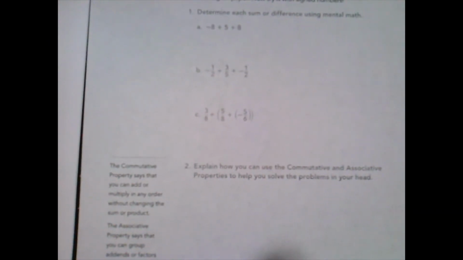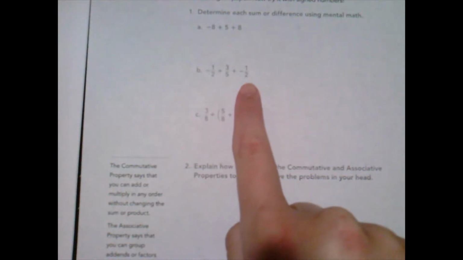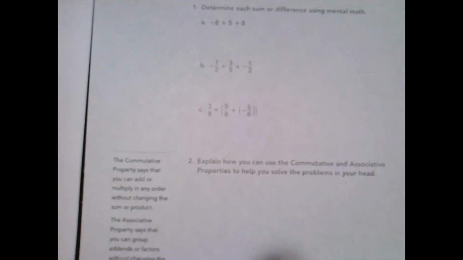Okay, there we go. We know that using the commutative property, negative 1/2 and negative 1/2, when we combine them together, we get negative 1. Negative 1 is the same as negative 5 over 5, so negative 5 over 5 plus 3 over 5 gives us a negative 2/5. And then last one, using the associative property, we have,